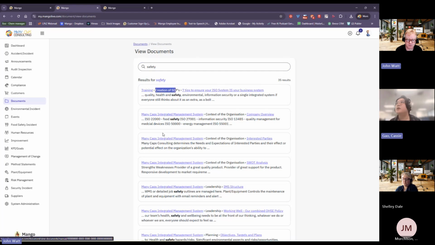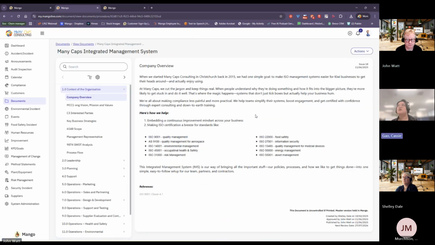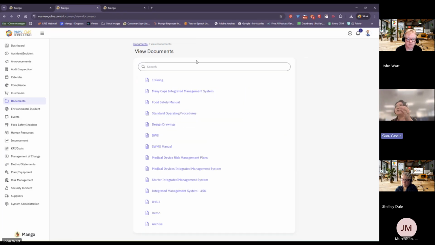That's the document name there. So that's the path: manual, folder, document name, and each one is clickable. If I click on that one, it takes me to the company overview. So anything in black bold is the keyword I'm searching in context. Yes, exactly.